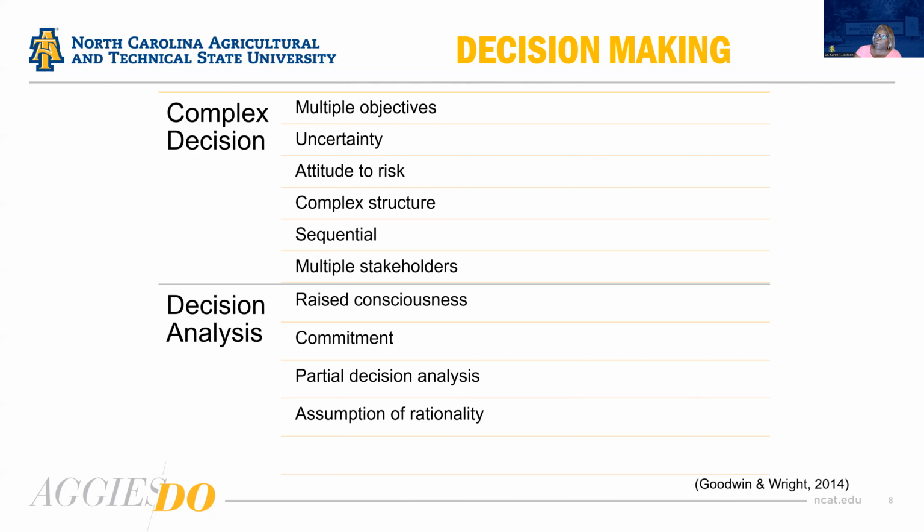Rarely are we only analyzing the decision to leave the house at 7 or to leave the house at 6:15. We're also analyzing all the other smaller decisions that have taken place to help you get to the decision to leave early or not early, right? So that's what we're talking about, doing a partial decision analysis, thinking about all the many decisions that took place before the final decision. We want to also take into consideration that in order to make a decision, you have to be aware of yourself as well as other things.